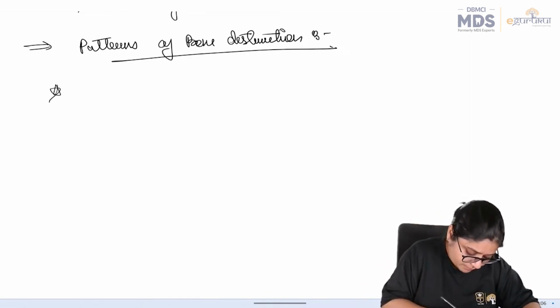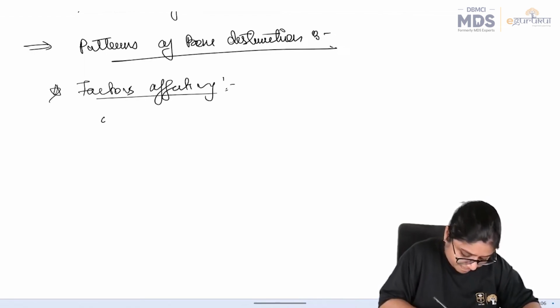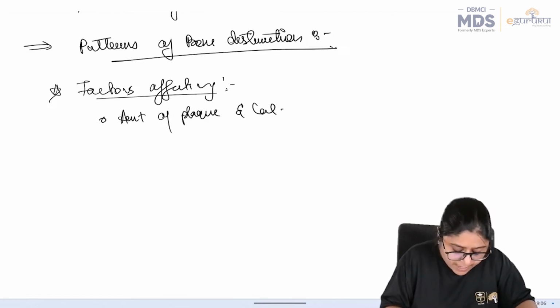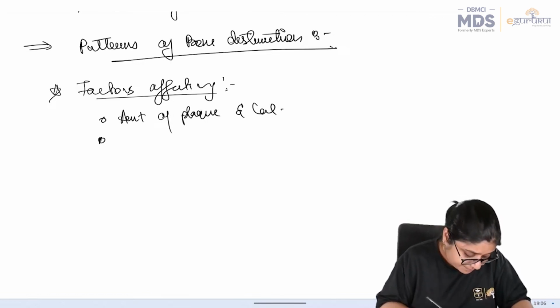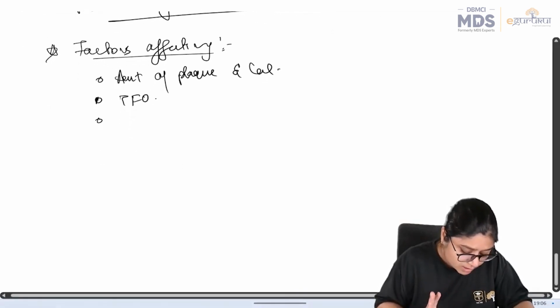So the factors that affect bone destruction are the amount of plaque and calculus. This will be there in everyone, okay. The more plaque and calculus, the more bone destruction. Trauma from occlusion, we have seen, most commonly causes vertical bone resorption. Then